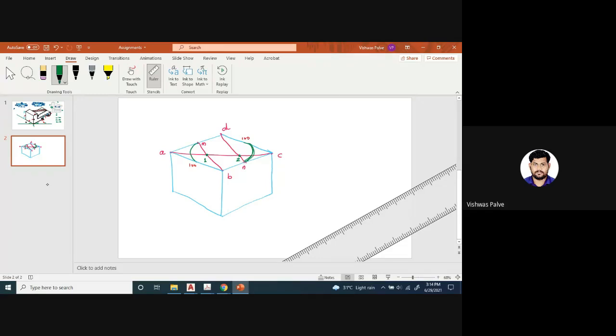Then next, select B to M as a radius, with point B as the center, and draw an arc. Select D as the center and a radius equal to D to N, which will be similar to B to M. The same radius it will have. Draw the curvature. So here you will get a circle. This will be the method to draw the circle in isometric. Did you get it?